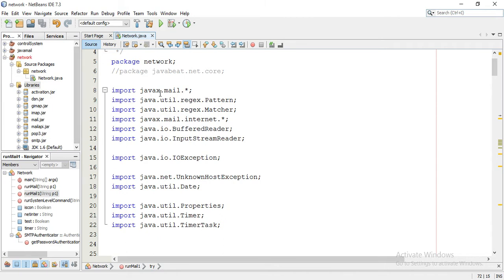So we have imported here javax.mail.*, java.util.regex.Pattern, java.util.regex.Matcher, javax.mail.internet.*. This is for input output: java.io.BufferedReader,